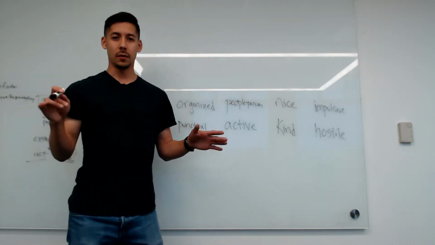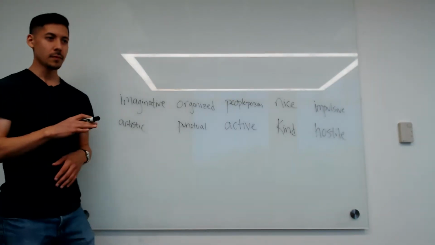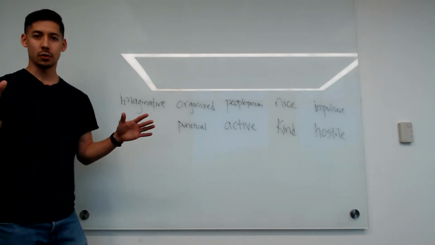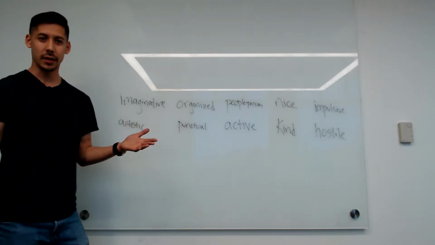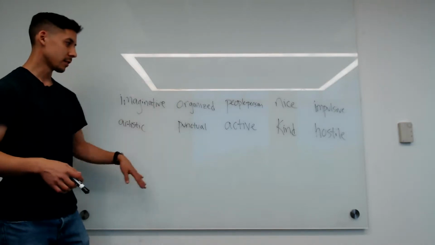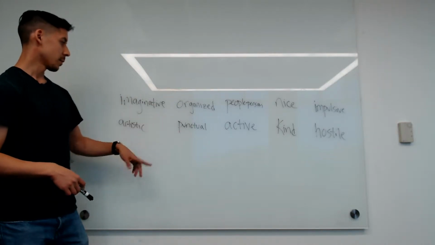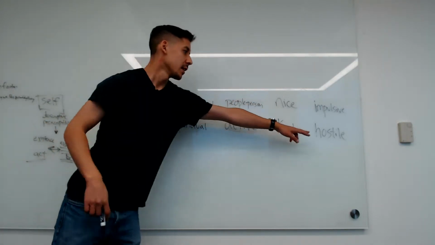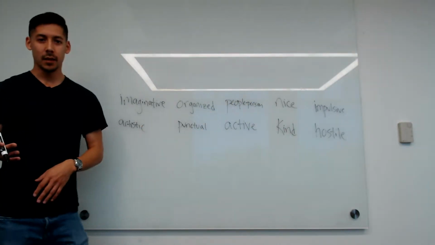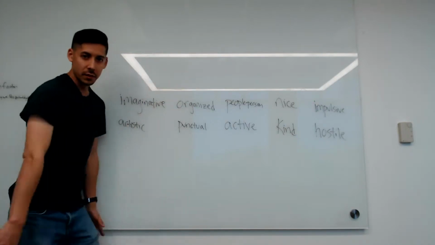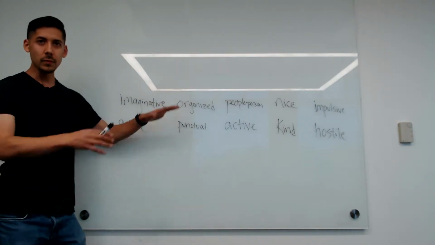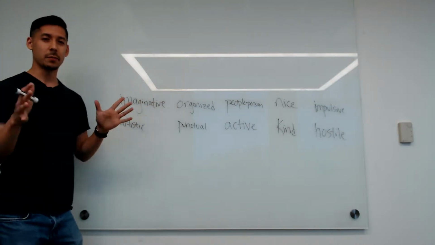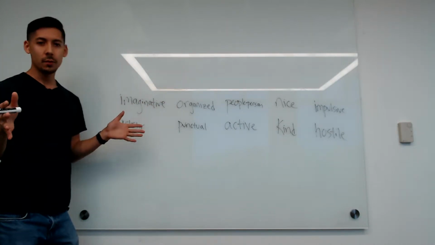If you were to write down all of the possible traits in someone's personality, right? So here I have a list of a few. Somebody could be imaginative, or active, very nice, hostile, organized, right? Imagine you can list all of these, right? Once you exhaust the whole human vocabulary for personality traits, then what you'd have to do is a little